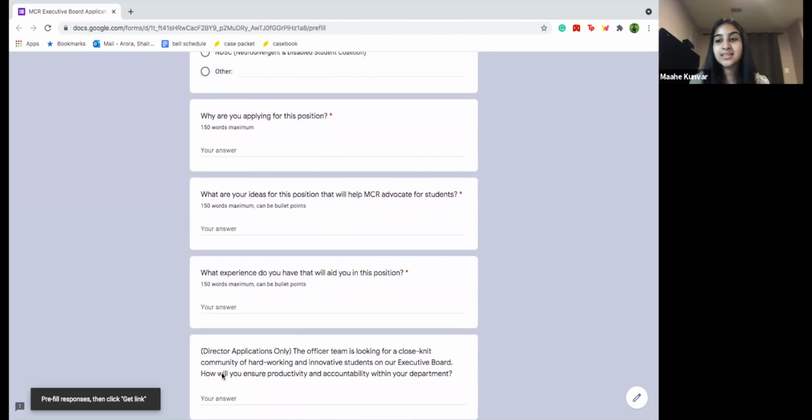After that, we do ask a couple of questions about the specific positions that you're applying for. This is just to get to know about your passions for the position, kind of why you're passionate about the specific position that you applied for, and then we move on to ideas for the position. So what ideas do you have for the upcoming year that you will be trying to accomplish with the position